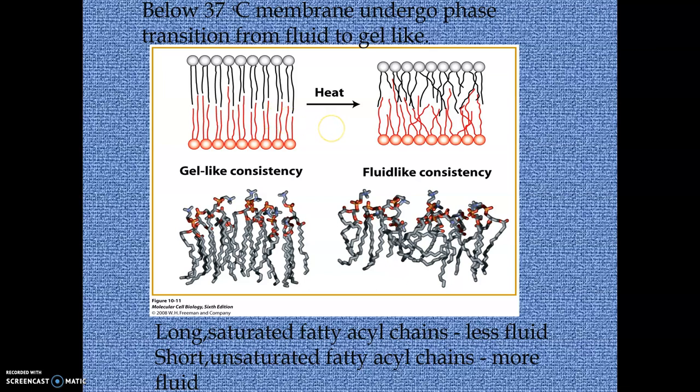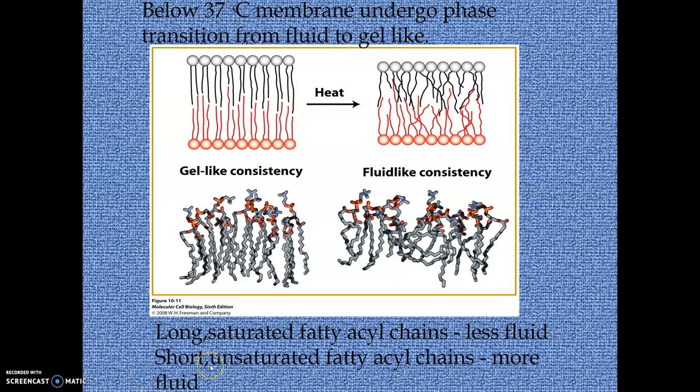The greater the degree of alignment, the less fluid the membrane will be. And here in this case, when the temperature increases, the phospholipid molecules are not closely aligned, they become far apart, and as the space between the phospholipids increases, it becomes more fluid. So when temperature increases, the membrane becomes more fluid. That is the point you must note down.